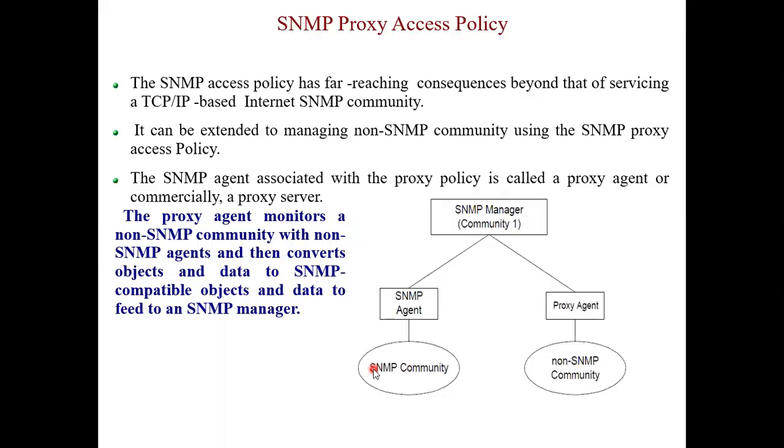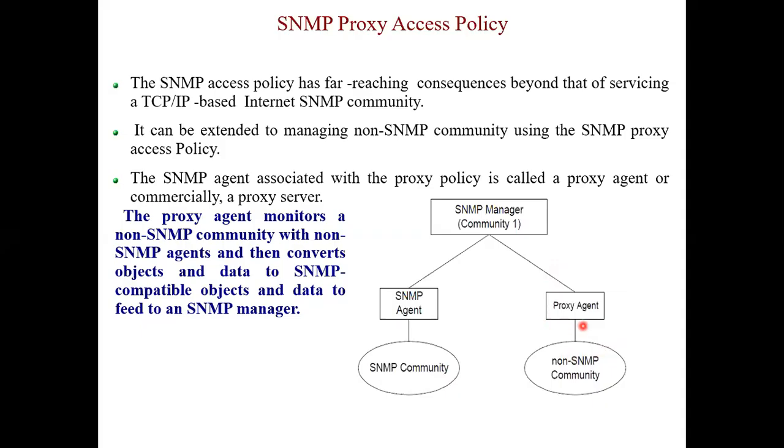Sorry, this might be version 2 higher one, and this might be version 1. Both the versions will have different messages. इसमें तो 5 मैंने देखा, version 2 में कौन से दूसरे रहेंगे, that we need to see. So those belong to the non-SNMP community.